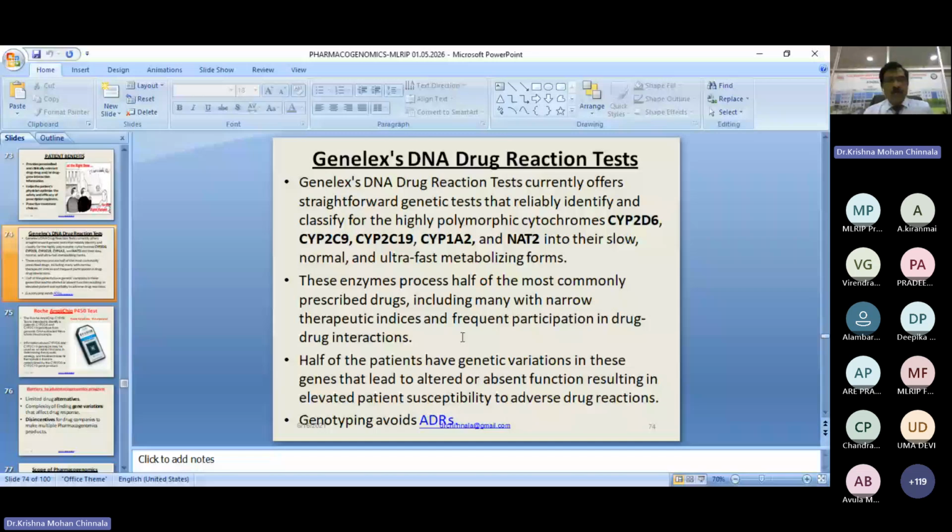Okay, so think about your genomic picture and how it is producing adverse events in normal treatment, and check the polymorphic status of cytochrome P450 enzymes in your body, and then check with the drug. Okay, then you won't get adverse drug reactions and you will get 100% treatment for that disease.